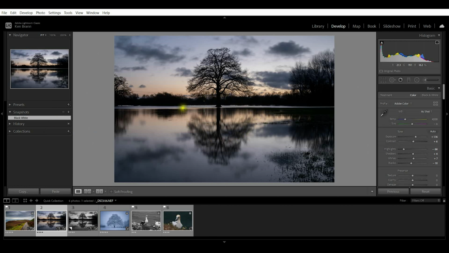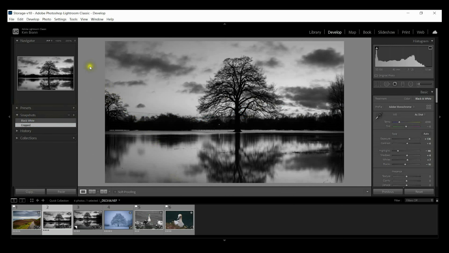And this will apply whatever settings that we've done over here inside of this image to this snapshot now. If we come back over and change the image back to black and white like the original snapshot was, well, now our snapshot has the update from the color. So that's a really cool thing with the snapshot, where we can actually lock down several different versions of an image and not have to worry about it accidentally getting changed. Okay, and before I forget, you can also access snapshots up here under the menu under Develop. You can see there's a new snapshot, or you can just use Control-N.